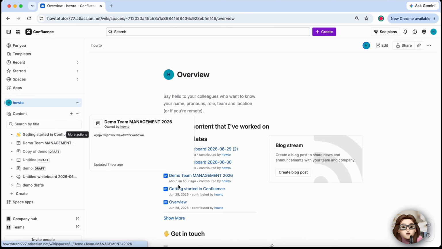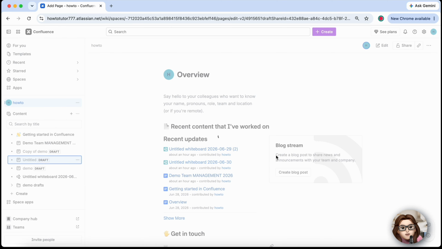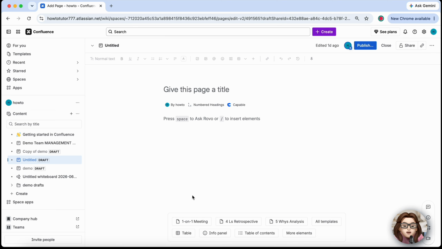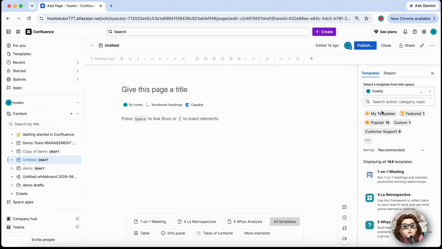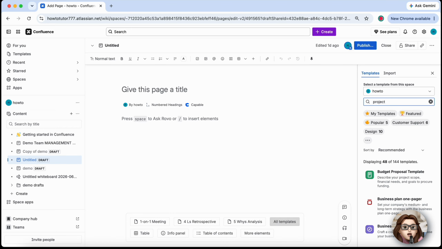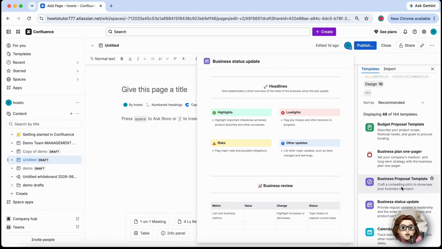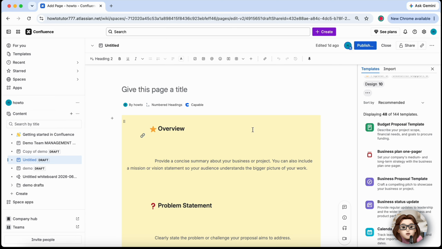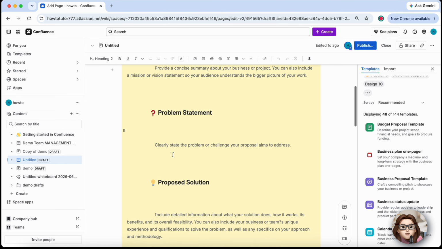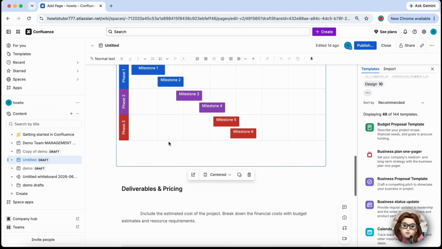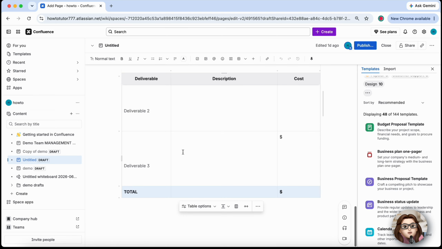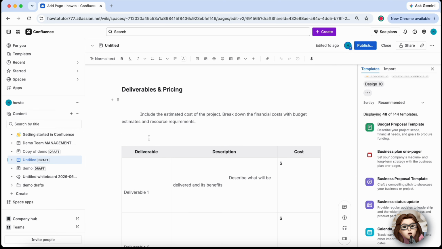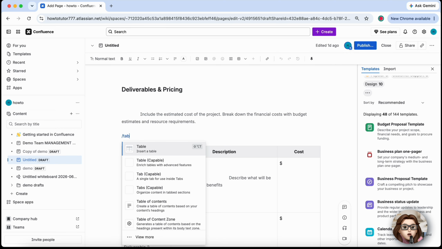from scratch. Give your project hub a clear name, then replace the sample content with your own project information. Add sections for project goals, timelines, milestones, meeting notes, team members, and important resources. You can also insert tables, status indicators, task lists, and links to related Confluence pages or Jira projects to keep